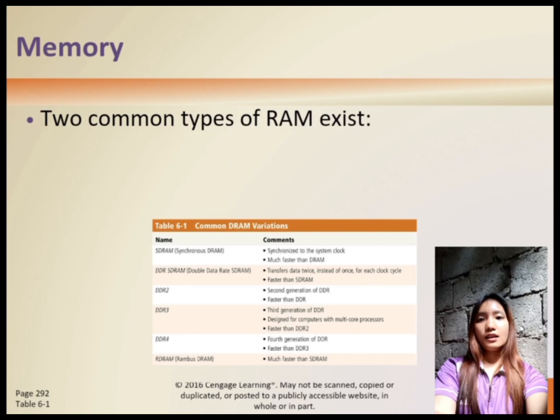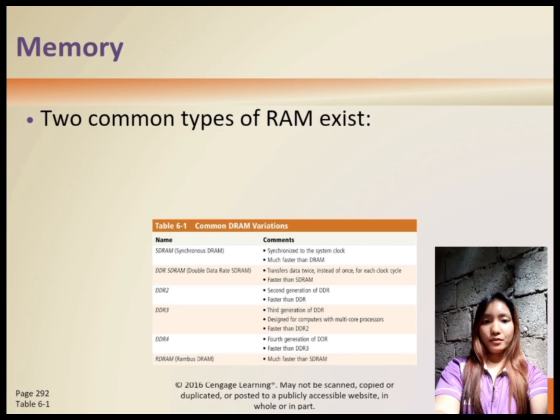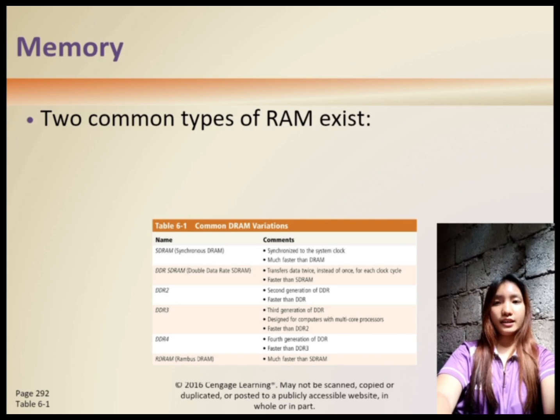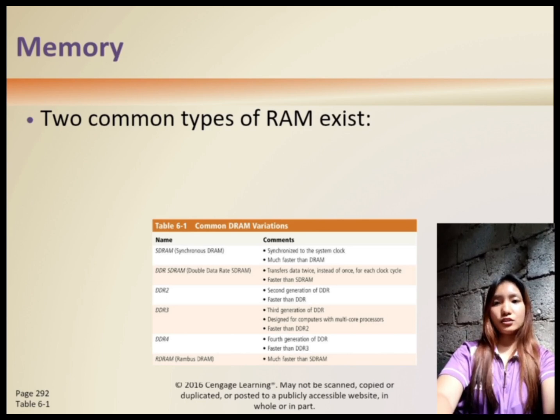Static RAM is much faster than DRAM but also more expensive and uses more power. It's often used in situations where speed is critical, such as cache memory. In short, the choice between DRAM and SRAM depends on the balance needed between speed and cost. DRAM is generally preferred for its cost effectiveness, while SRAM is used where speed is paramount.